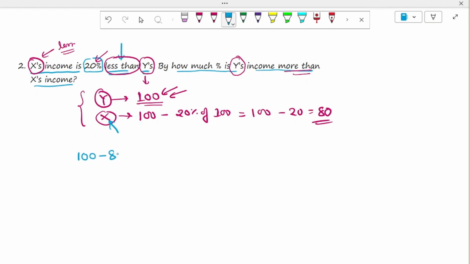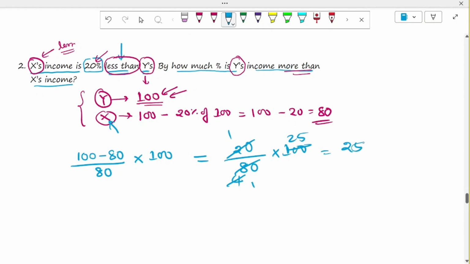You will find the difference here, divided by, you will be finding the percentage with respect to X again, same way, 20 by 80 into 100. So this will be equal to what? 20 by 80 into 100. So what will be the answer? 20 fours are 80, so it is 25. This will be equal to 25. So now I can say that Y is having 25% more income than X,